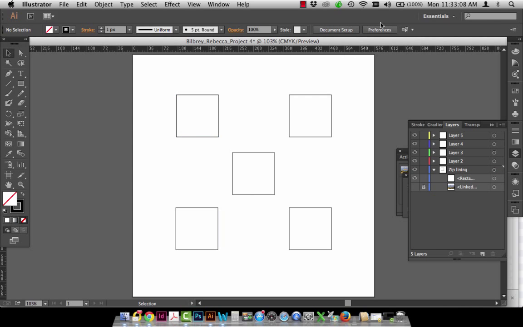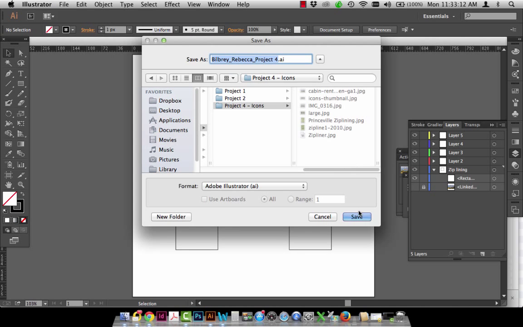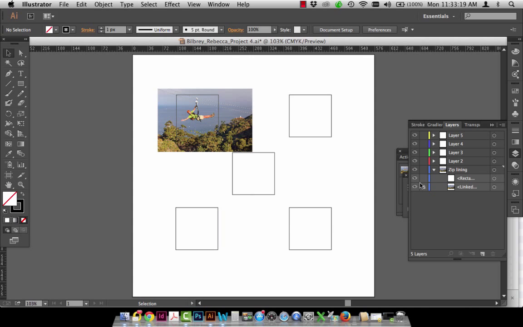So get this first, and I'm going to save this, and I'll come back and do a second video on starting this pen tool thing and drawing this little guy in here. Okay, so we'll come back and do another